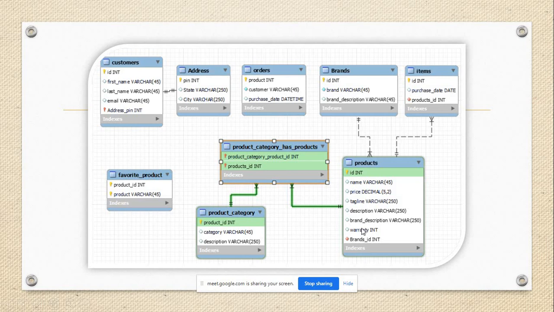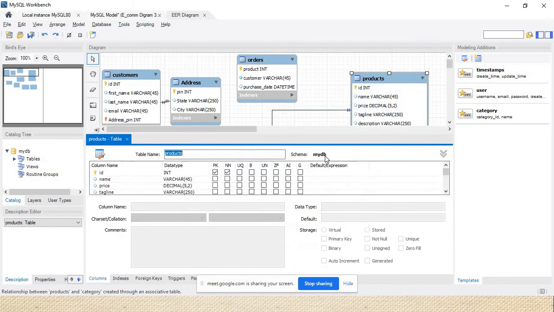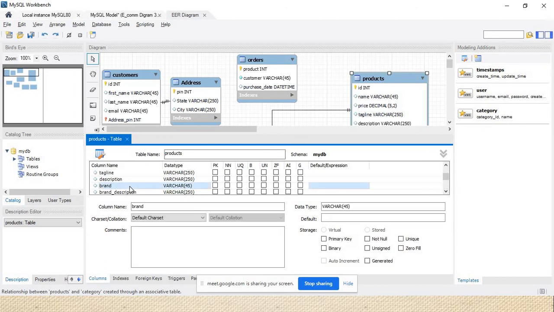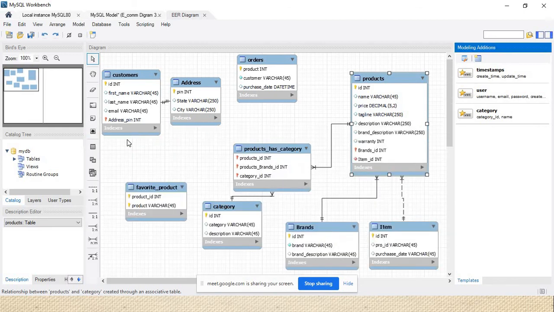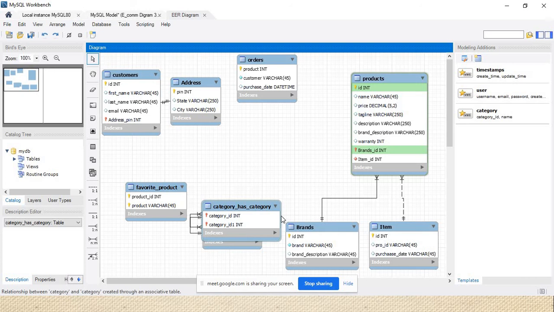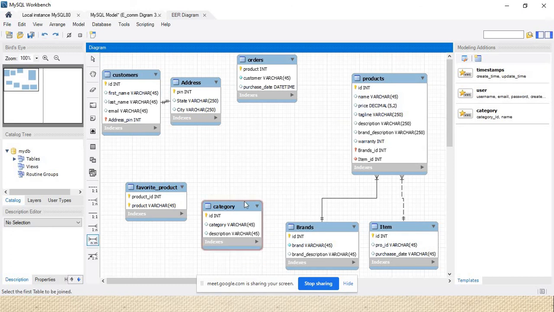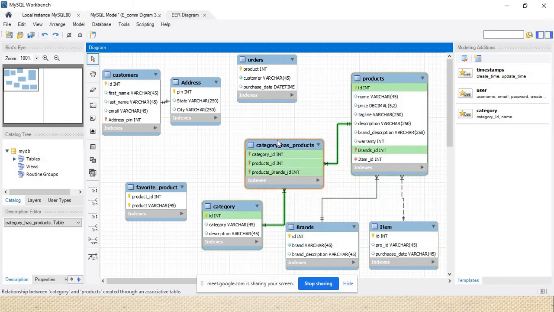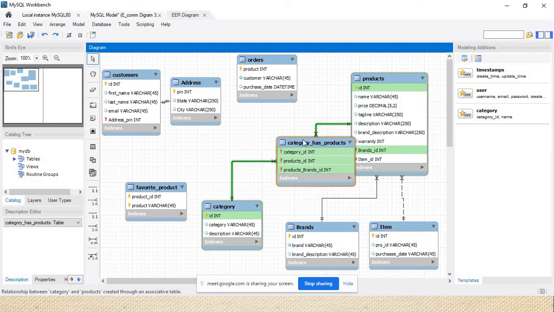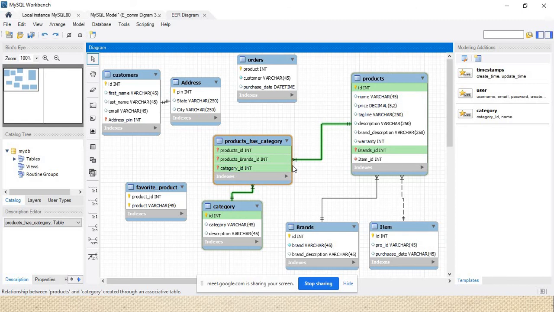Decimal, tagline, description, product ID, and the table is repeating, because of which the issue is coming. Okay, we'll check about that.